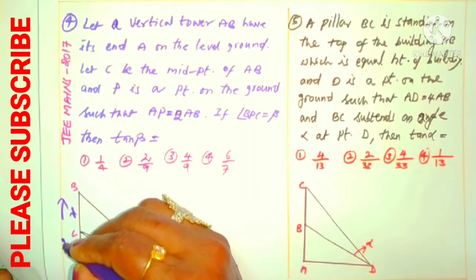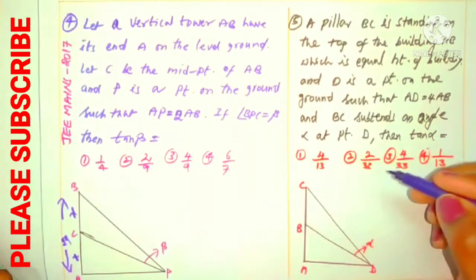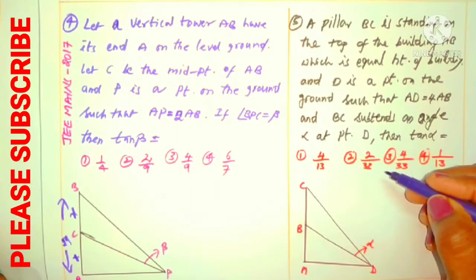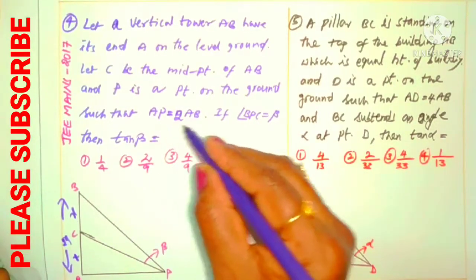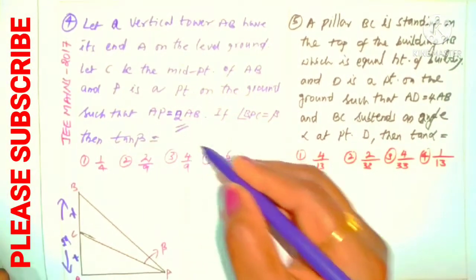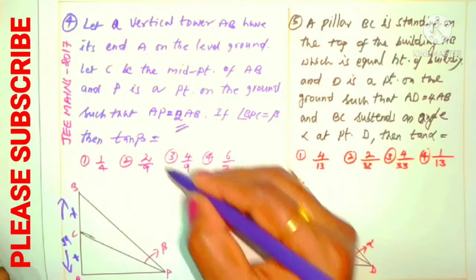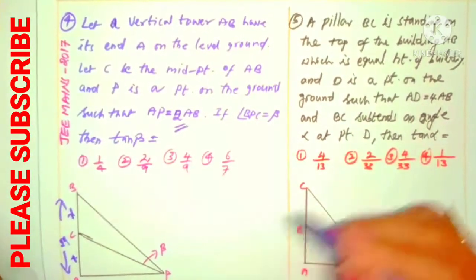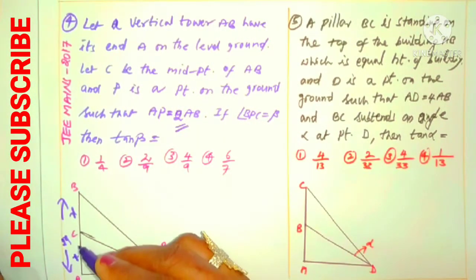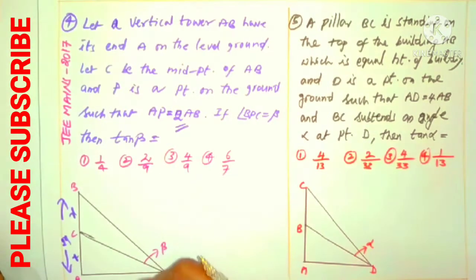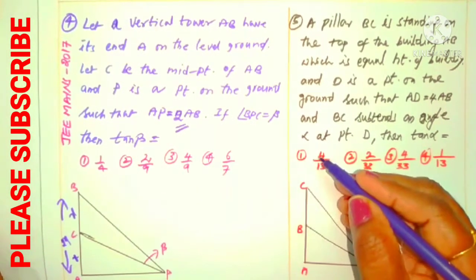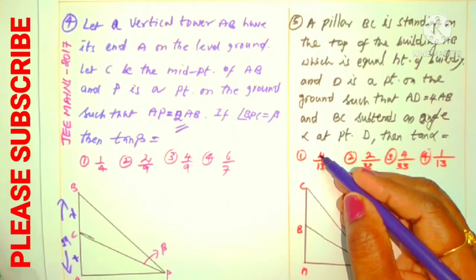But here I am not doing the calculation. I am just using the formula I derived in the previous question 3 as a tip, because it is the same data. In place of AP equal to n, there is 2 here. When can we use the tip? When C is the midpoint of AB, or AC and BC are equal heights. In such cases, we can use the tip.